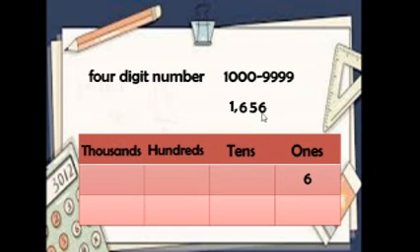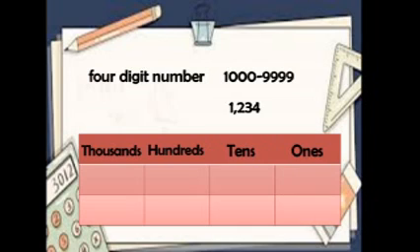And next one, in the tens. What is the number in the tens? We have there number 5. Very good. And next one, in hundreds, we have there number 6. Very good. And the last one, for the thousands, we have there 1. Another example, let's try it. I have here